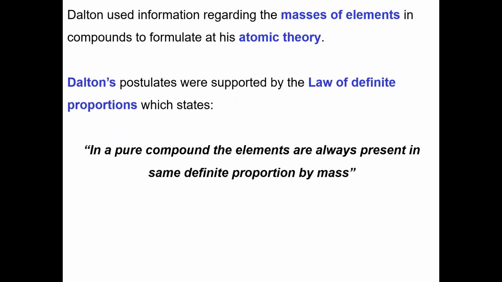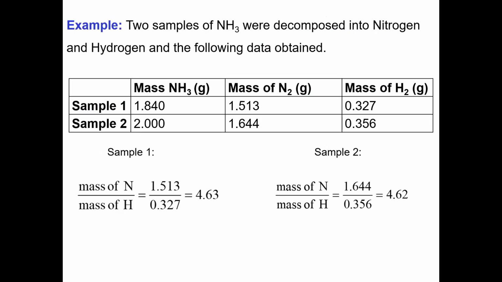So how Dalton came up with this atomic theory was based on experiments involving the masses of elements in compounds. And in particular, there were 2 key ideas or 2 data points that Dalton had when developing his theory. The first was the law of definite proportions. It had been observed that in a pure compound, the elements are always present in the same definite proportion by mass. So for example, if I was to take 2 samples of ammonia and decompose them into the